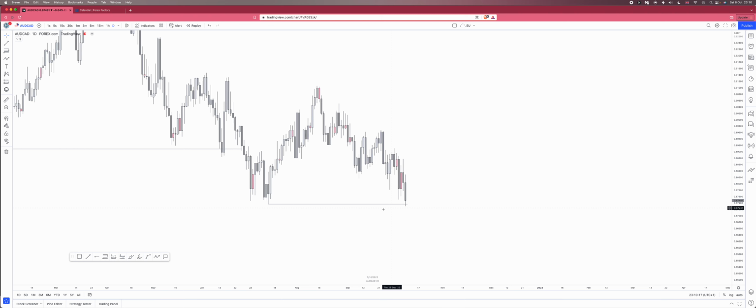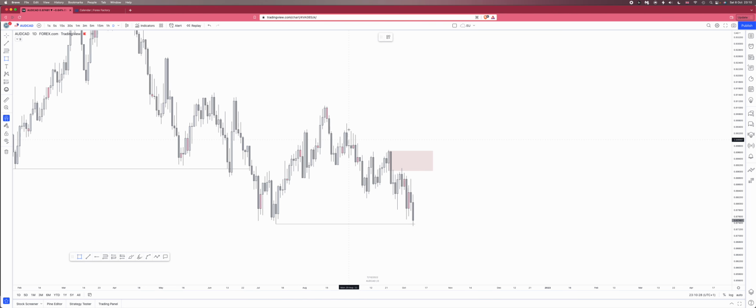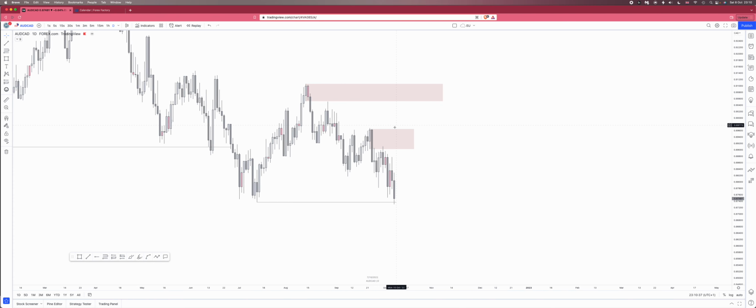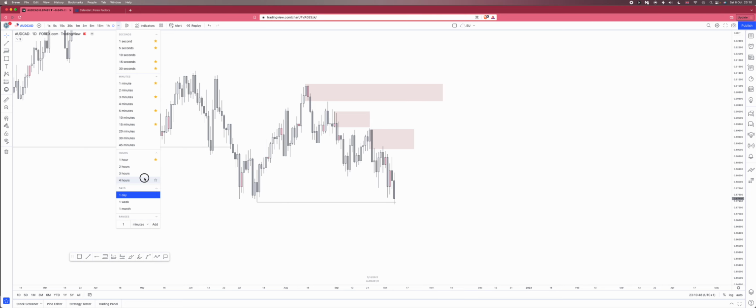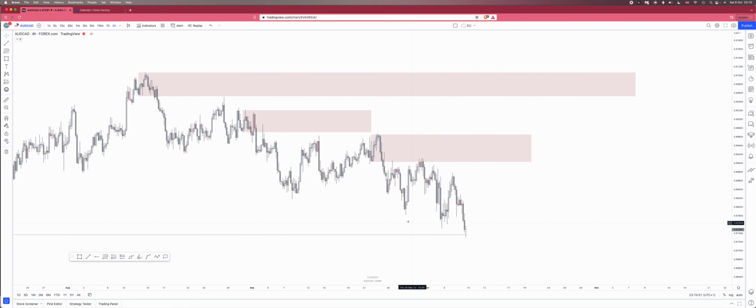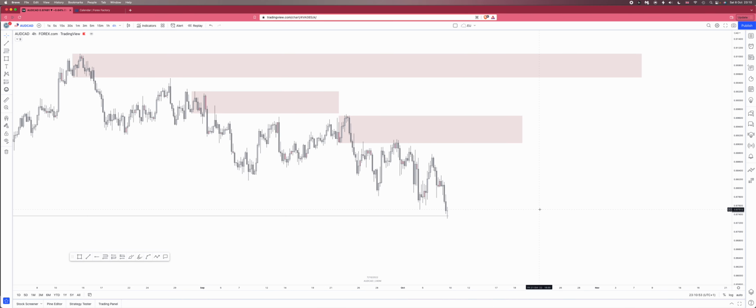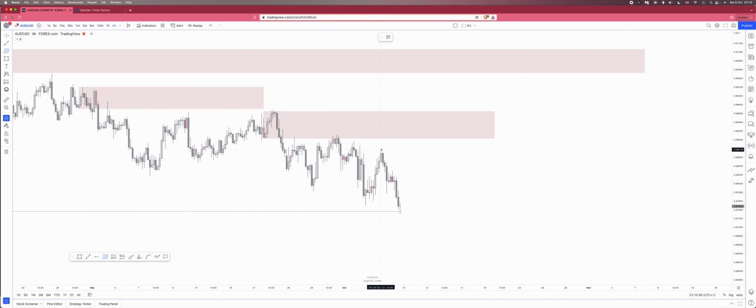But for the time being, I would just mark this daily, which needs to be refined because it's tapped into it at the moment. And then this extreme POI at the top of this whole supply range. And then this has been mitigated. Oh no, it hasn't. Okay, we can look at that next week as well. On the 4 hour, you can see bearish. So if you mark on the most bearish trend,